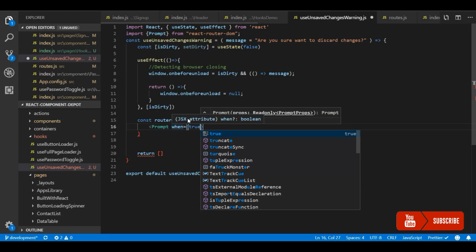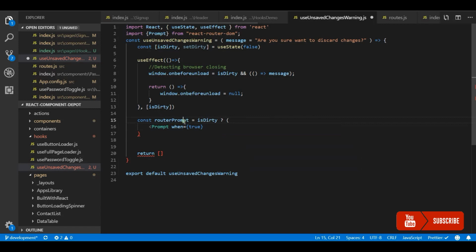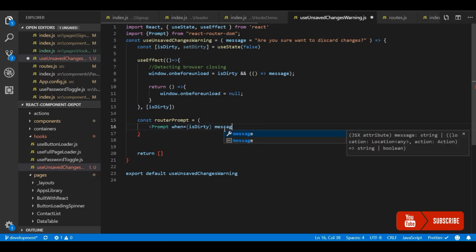Wait, I think instead of this, it accepts a boolean, so we'll remove this isDirty check and pass that as the when property. That means if dirty is false, when will be false, and if it is true, when will be true. And then for the message property, we have that in our parameter to this hook, so we'll pass that.